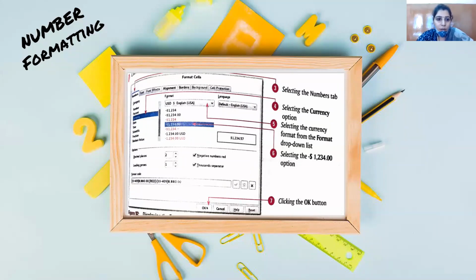With the number tab, you can set the percentage or currency symbol, the date and time format, and the fractional values, how many digits you want to appear after the decimal point. So these settings you can do from the numbers tab. That's why it is the most important tab in the format cells dialog box. Control plus 1 is the shortcut key, bache.